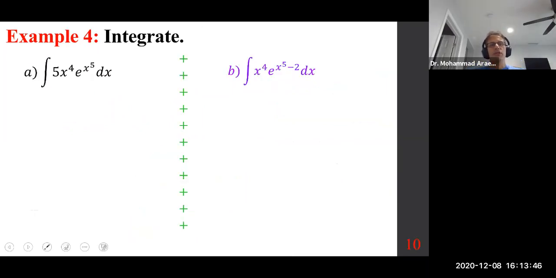Again, I have a couple of questions next to each other. The reason why, because I want to explain the following concept. Generally speaking, if you are